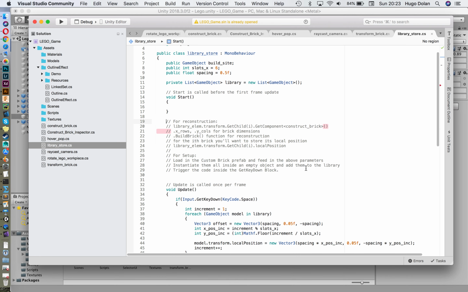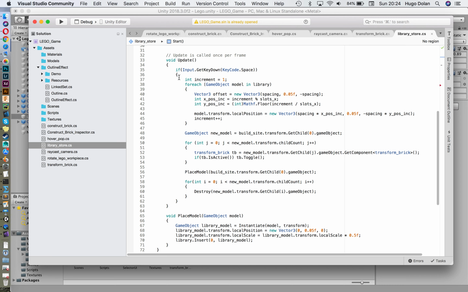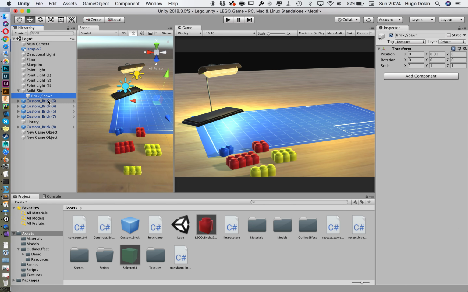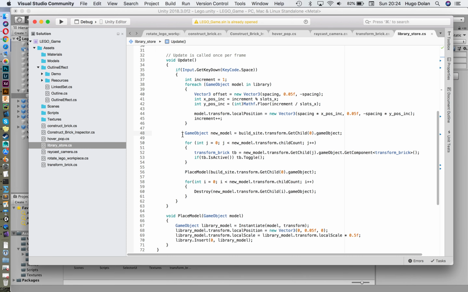And so in this, what have we got? If they hit the space key to save the model, then for each of the existing models, I just want you to shift them along one, so the latest one displays in the front row behind the mat. And then we want to get the brick spawn and any bricks contained within that brick spawn, which is essentially the model you've been working on. Get that and